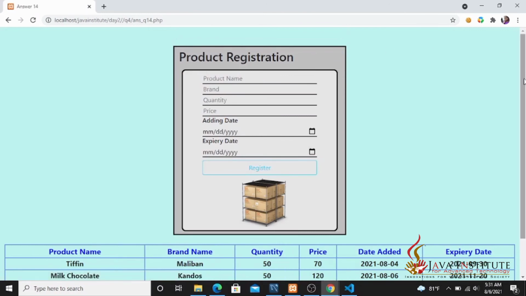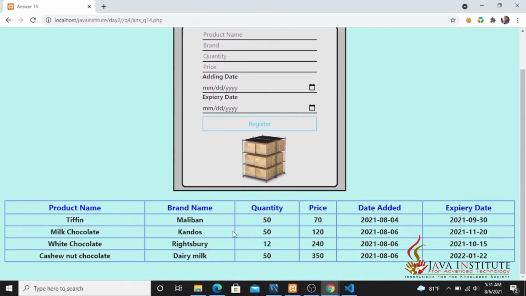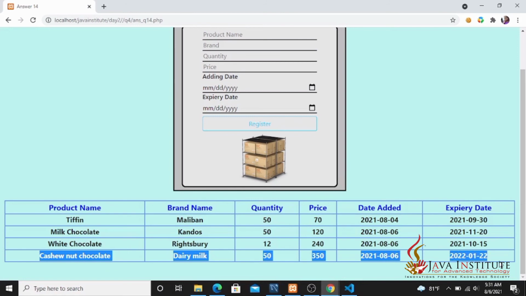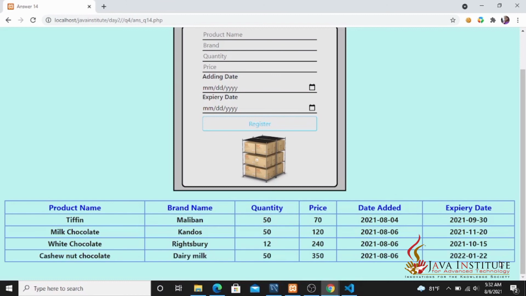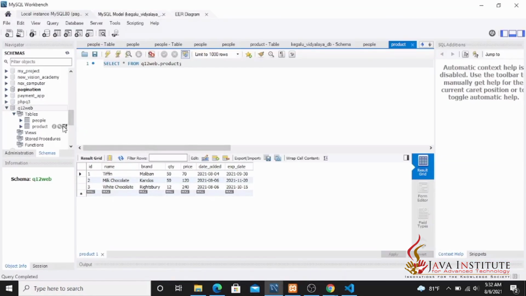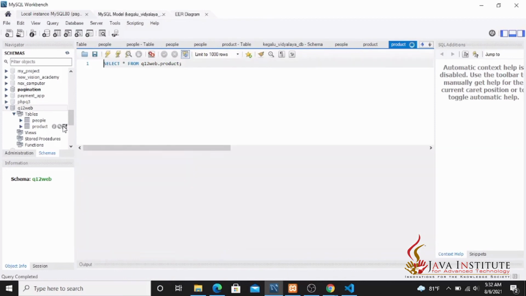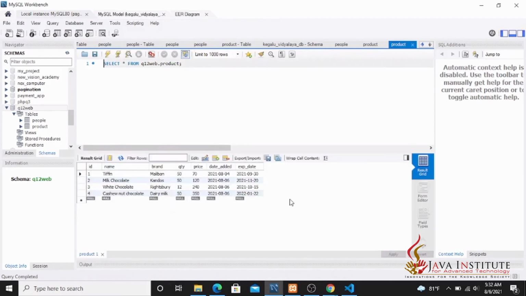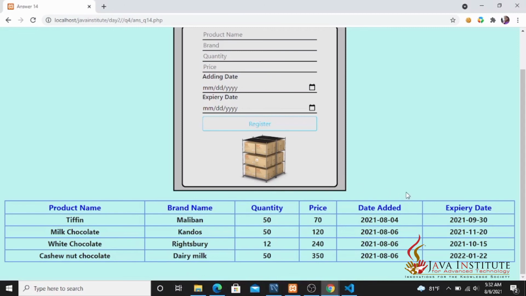So I'll show you how it is updated in real time. You can see the newly added product here is included in this row, and we can view that product in real time, in this product viewing area in this page itself. So then again I'll show you my database also, how it has been updated, and you can see it is also updated because from this database the web page renews all data.